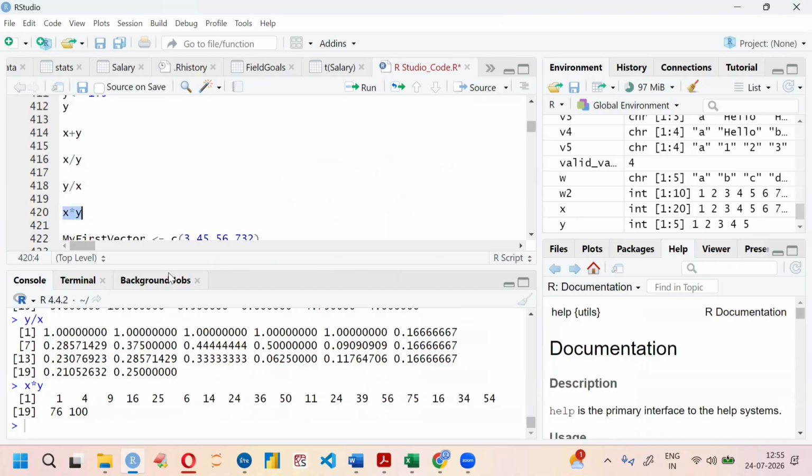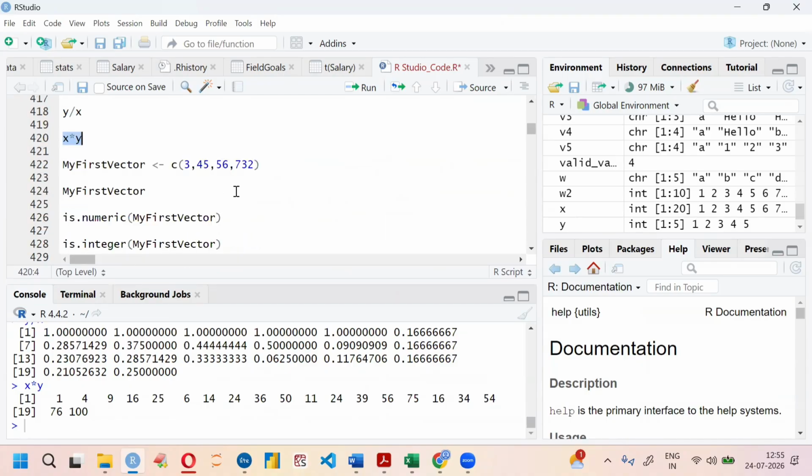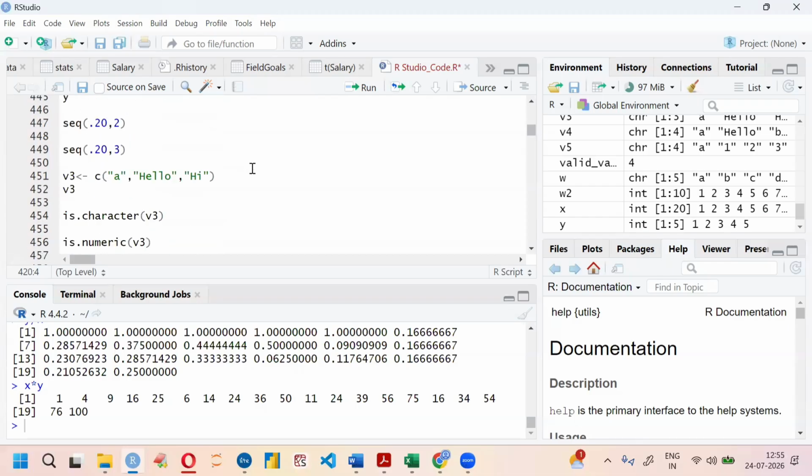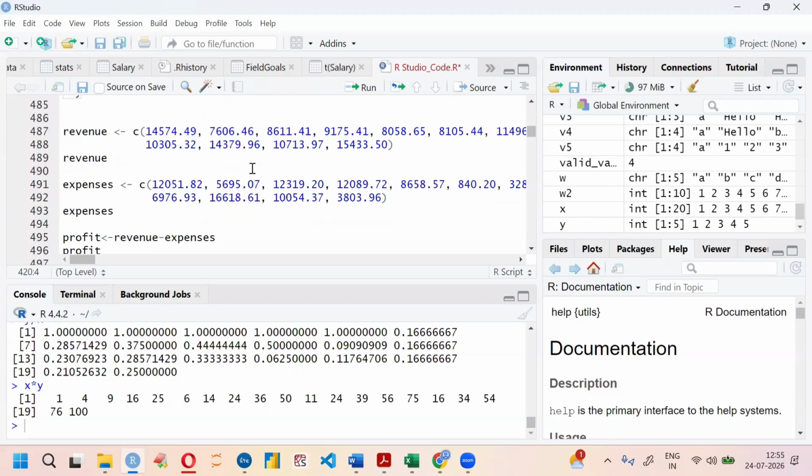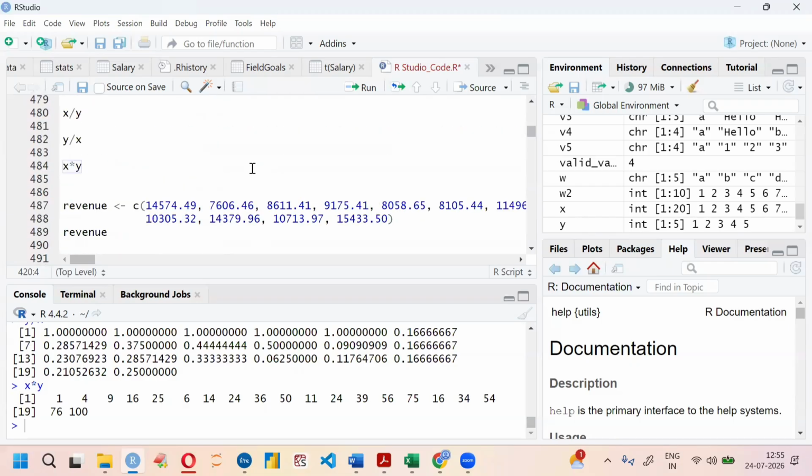So we have checked this. Next thing is, we have successfully completed the concepts of vectors. We have successfully completed the concept of